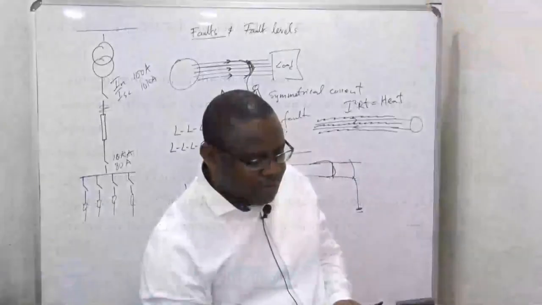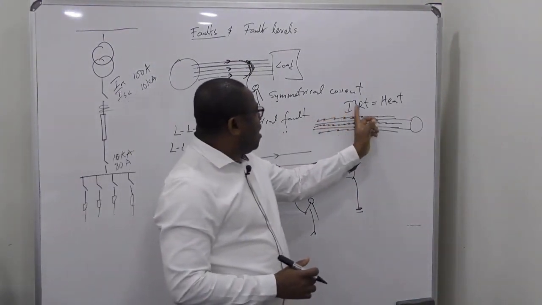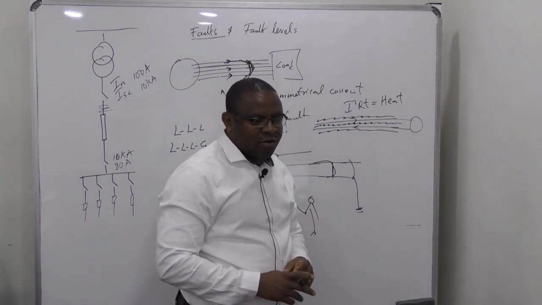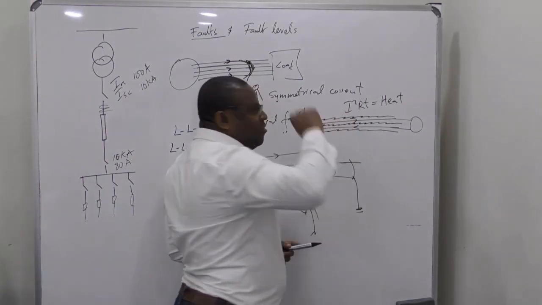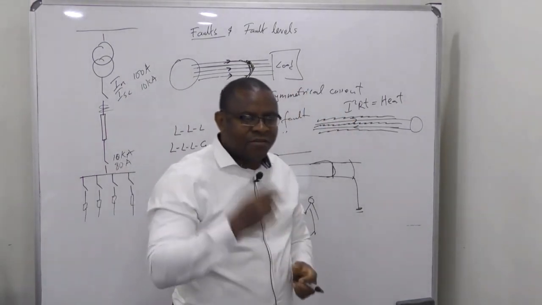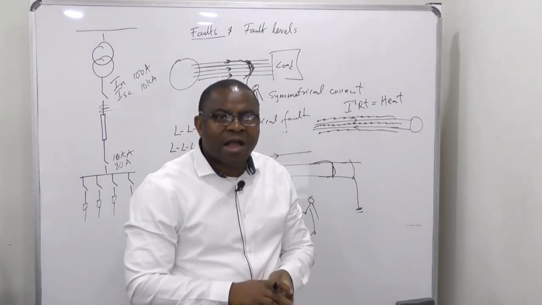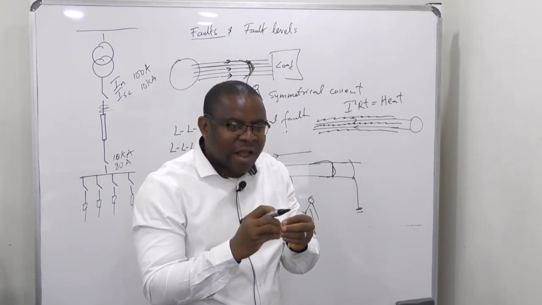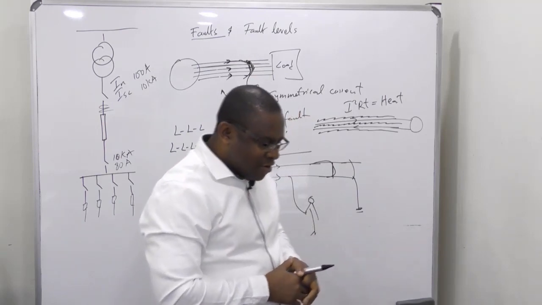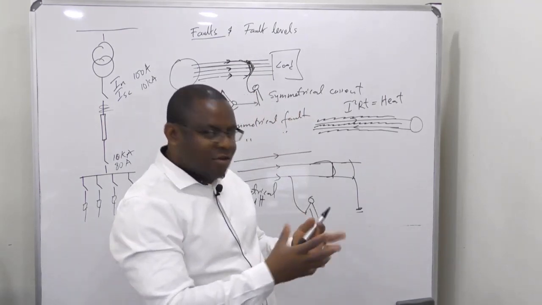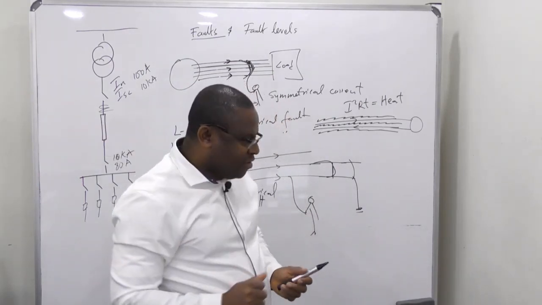And then, as current flows through here, there's I squared R T heat loss. If there's a short circuit, the current is going to be very high, and that very high current will produce a very high thermal power. That's the power that can melt metals. Or, some technicians, when they want to change just a socket, instead of switching off the circuit breaker at the DB board,